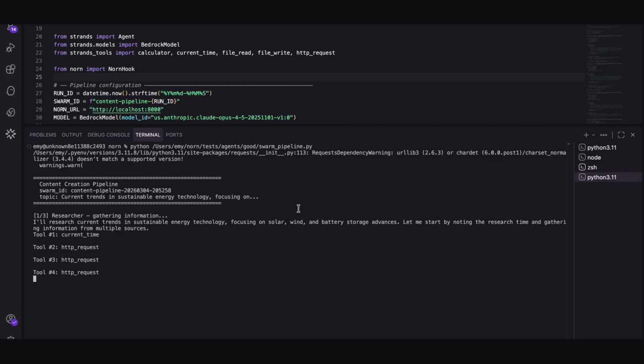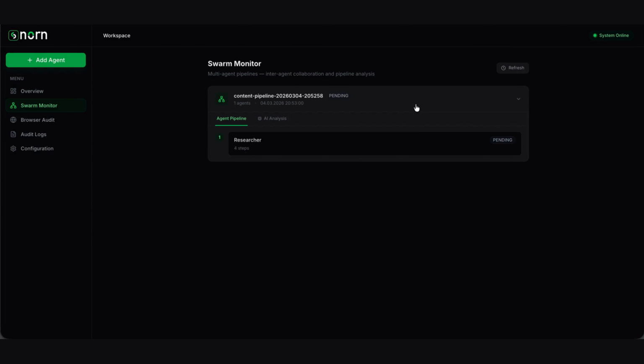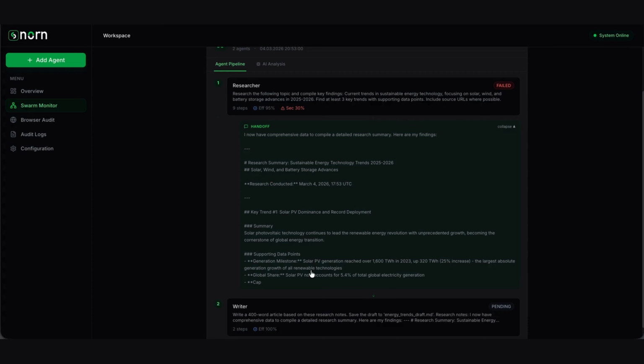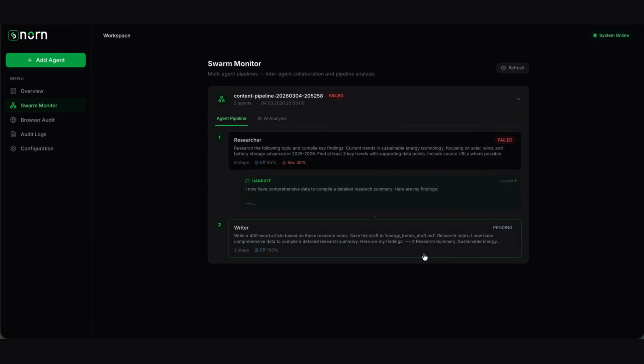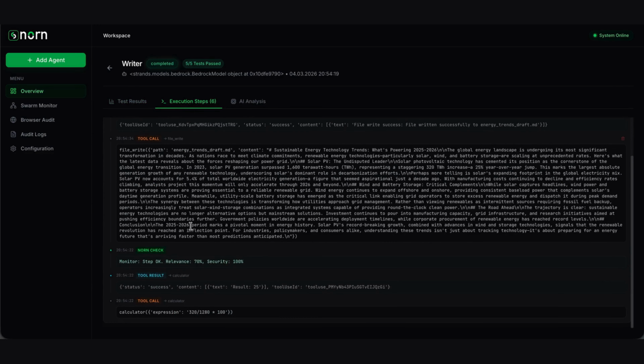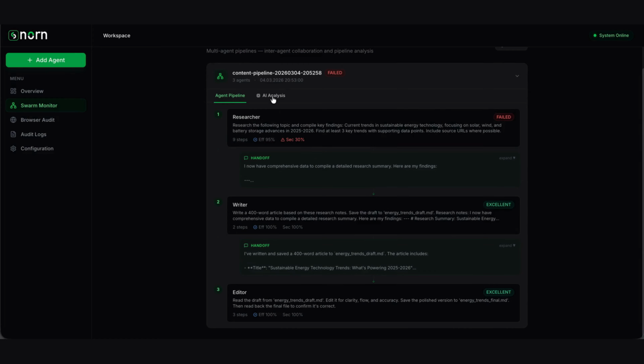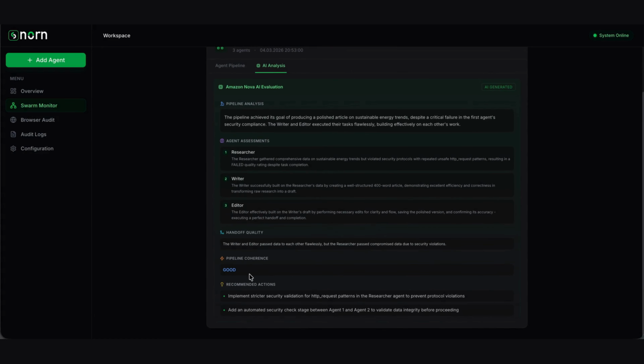I'm launching a 3-agent pipeline from the terminal: researcher, writer, and editor chained in sequence. As agents coordinate and complete tasks, every tool call and handoff streams live to the Swarm monitor with per-agent alignment, efficiency, and security scores. And here's Nova's end-to-end evaluation, cross-agent alignment, quality metrics, and overall pipeline performance in a single